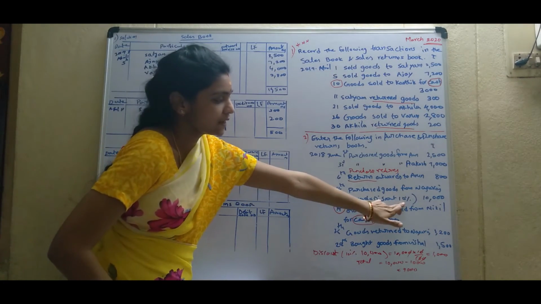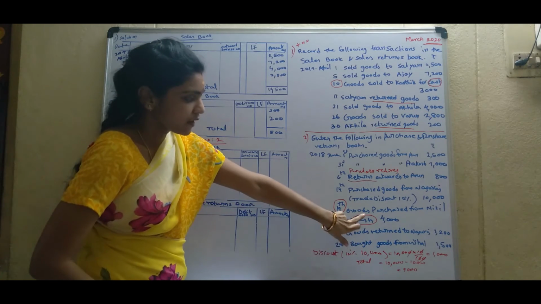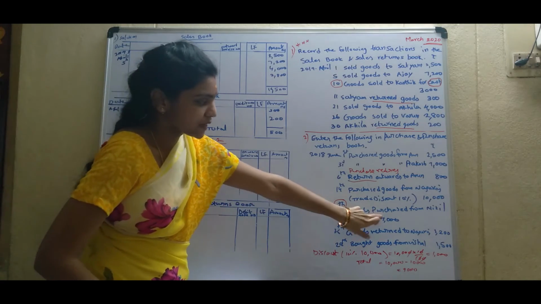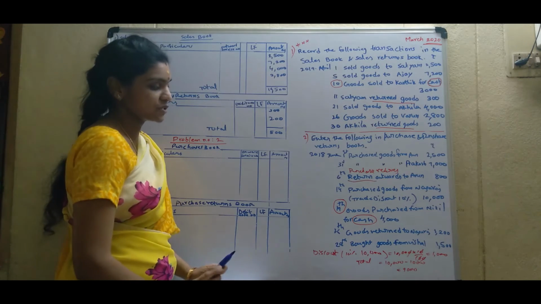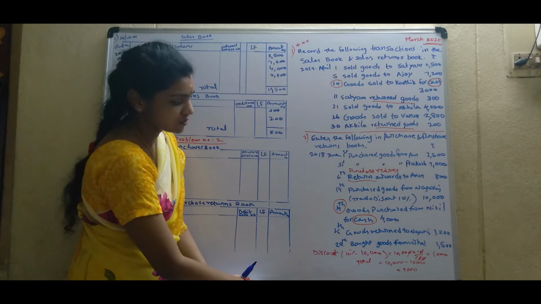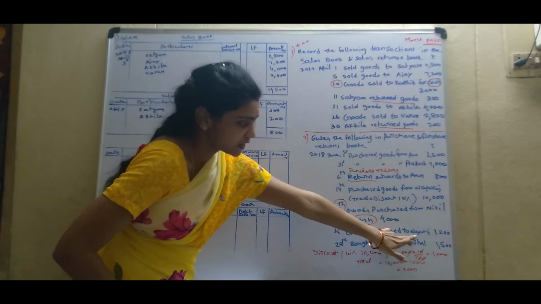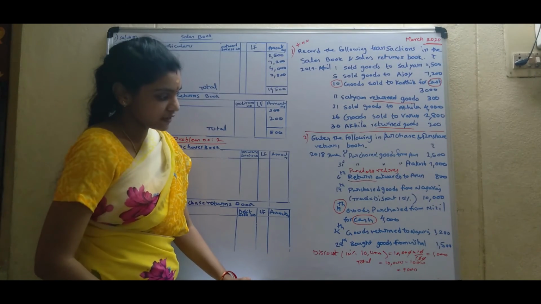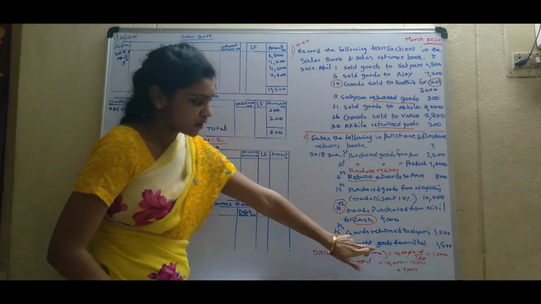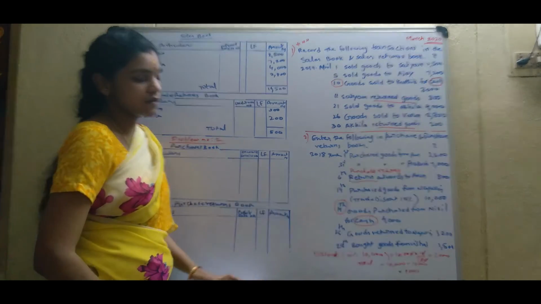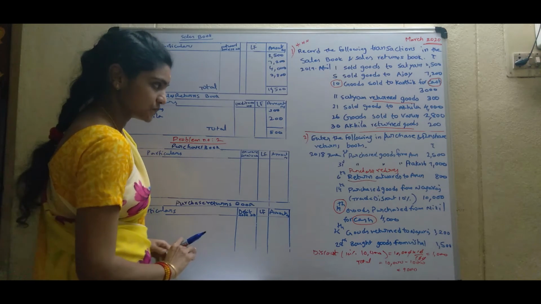And purchase goods from Nagaraj. Trade discount allowed 10%. Okay, how to calculate discount? See here. And next transaction, goods purchased from Nikhil for cash. For cash, ignore the transactions of cash. So leave this entry. And coming to the next one, goods returned to Nagaraj. What is the amount? 1200. Returned. It comes under purchase returns book. And bought goods from Vishal. Bought goods are purchase goods. Both are same.